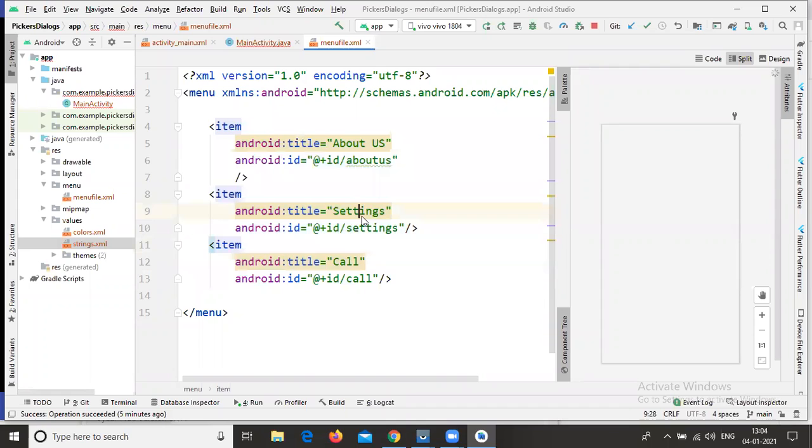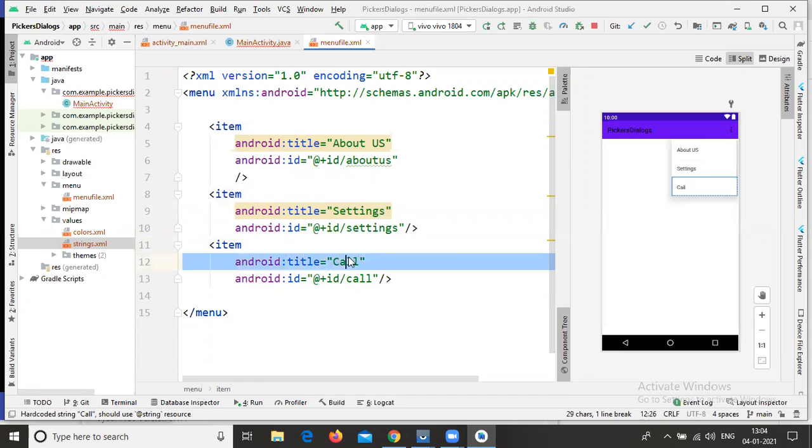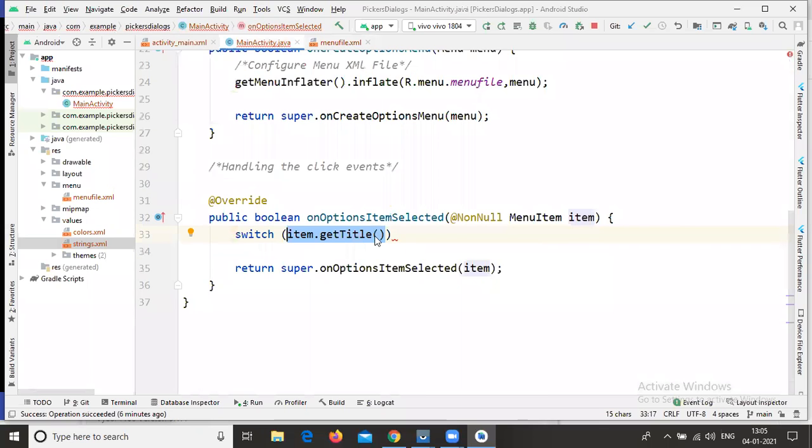If you want to write settings two times, there is no error showing, because it is a string parameter. Two strings don't show any error message. But writing two different on click listeners for the same title is not possible.